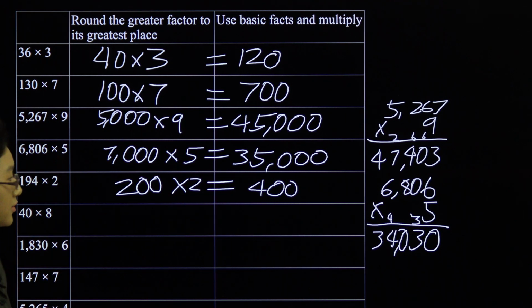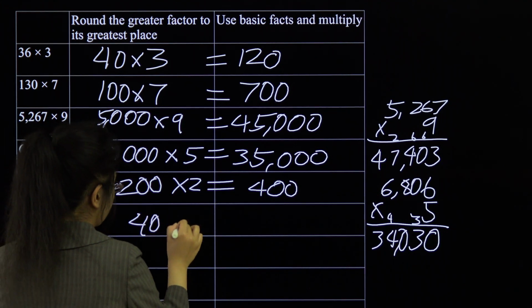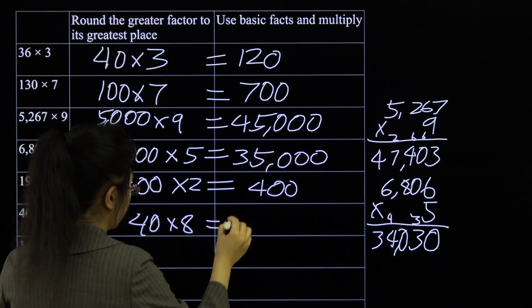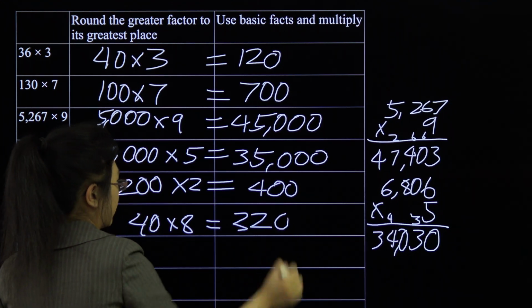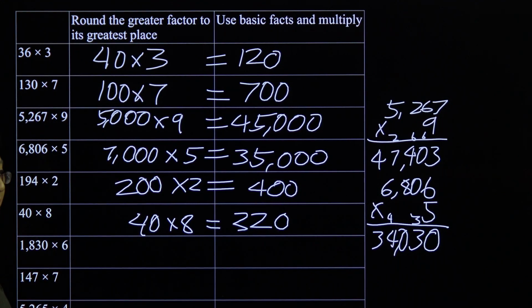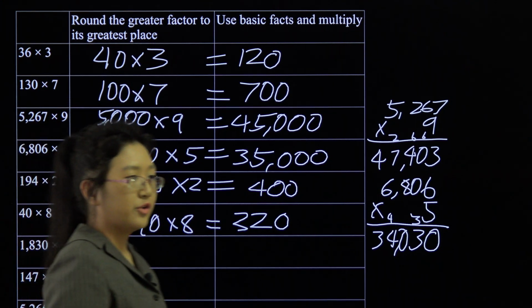Now, 40 times 8. 40 is bigger than 8. So 40 is a greater factor, and the greatest place is 10, but it's already technically to the nearest tens. So 40 times 8 equals to 4 times 8, 32. You add the 0 on, 320. Yay! We move on to